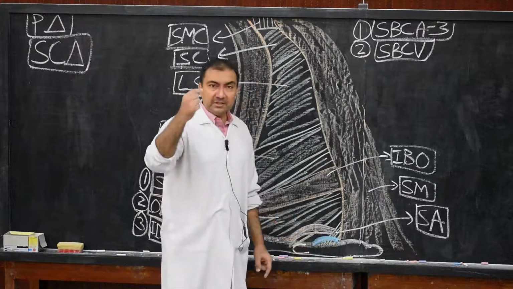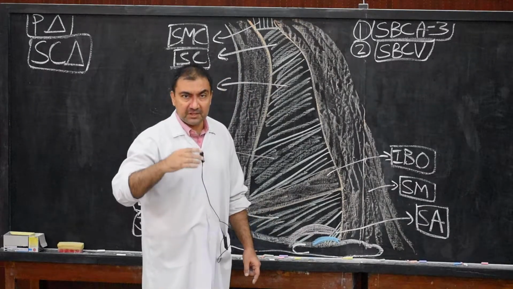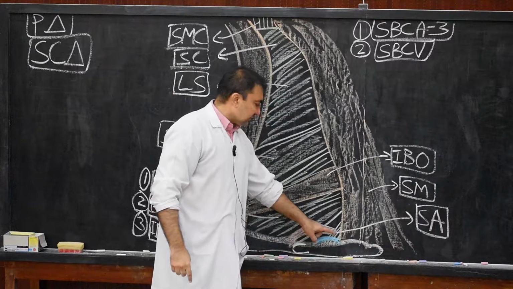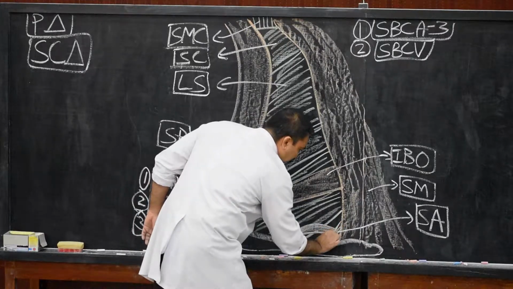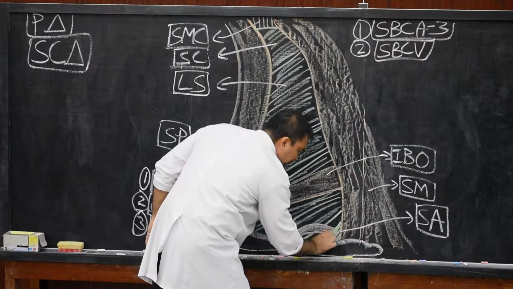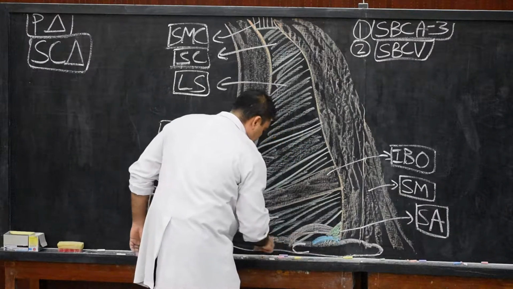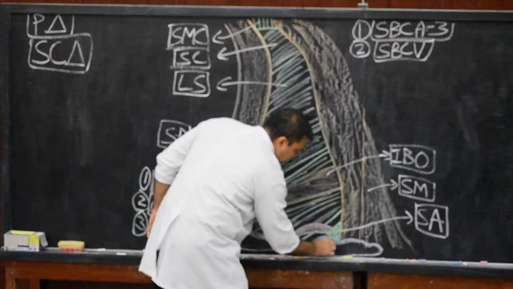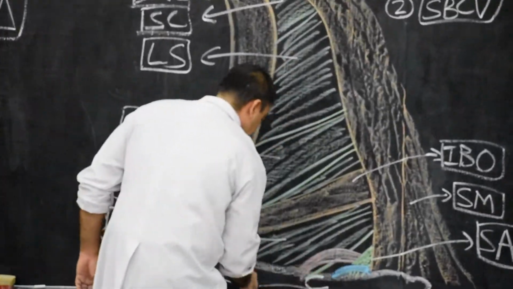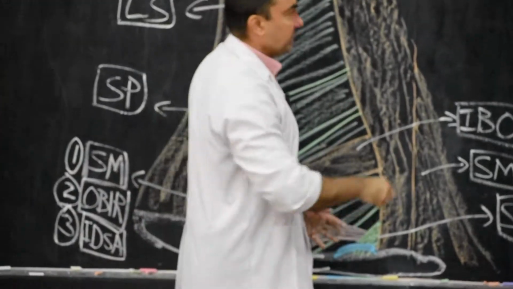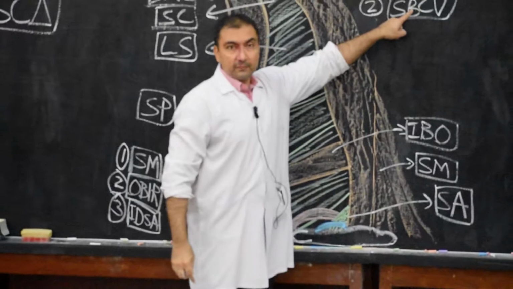And remember, one structure which is separating the subclavian vein anteriorly and the subclavian artery posteriorly is the scalenus anterior muscle. So if I darken the margin here, these are the few fibers of scalenus anterior muscle. That is why I am darkening here. And then just in front I show this vein. So please mark this structure here. I am not going to put an arrow, it will complicate. So I am going to mark this structure here as subclavian vein.